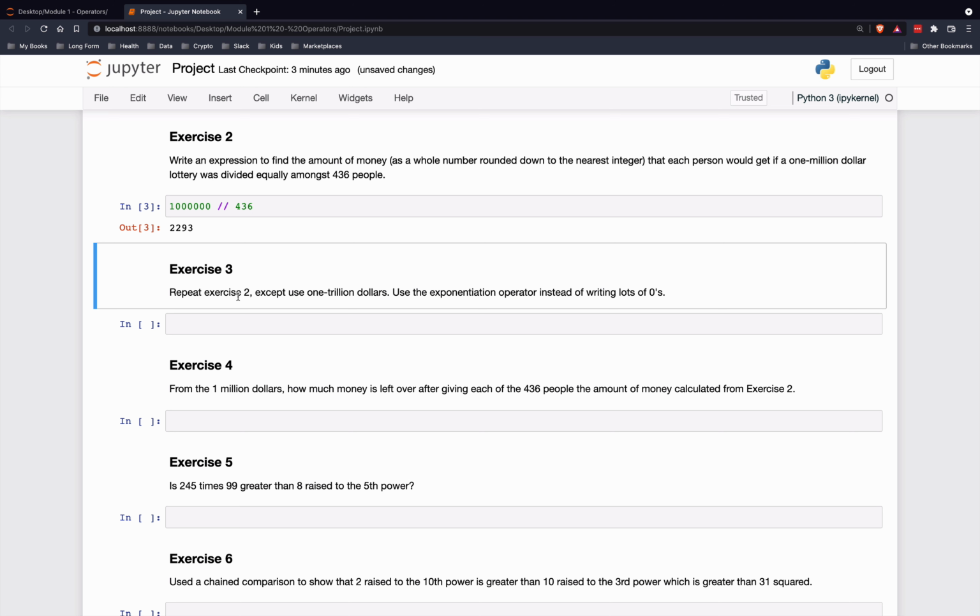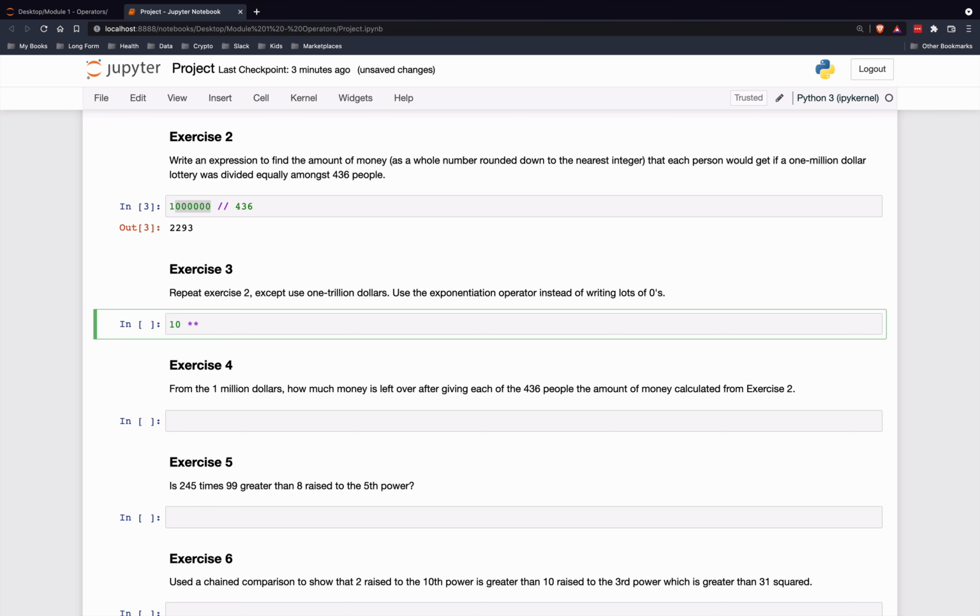All right, repeat exercise 2, except use $1 trillion. It says to use the exponentiation operator instead of writing lots of zeros. So there are 12 zeros in a trillion. So we could just write all the zeros, but it's saying not to use that. Use the exponentiation operator. So if you remember, if you raise 10 to a power of something, there'll be that